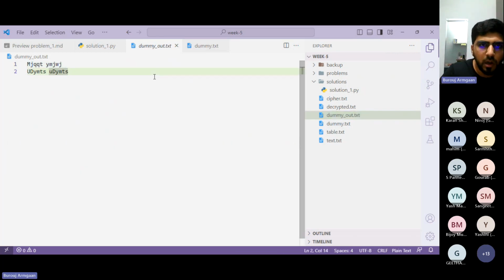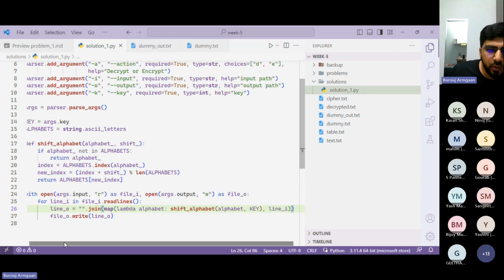So let's see if decryption works. Now, notice that in encryption,